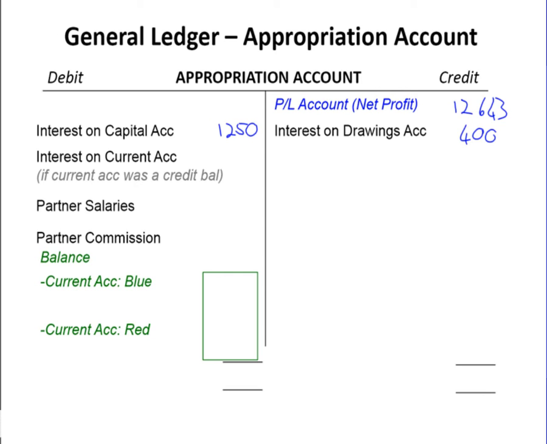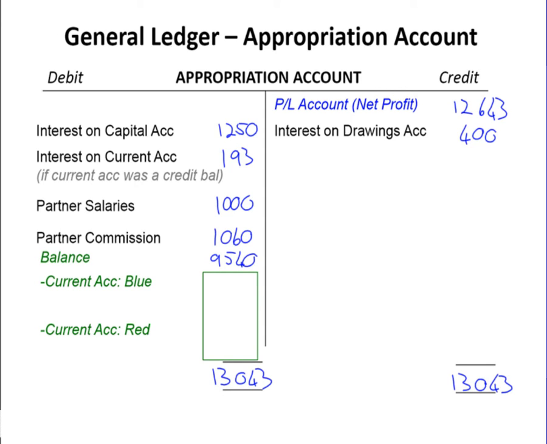Interest on the current account is 193. Partner salaries for red was 1,000, and the partner commission was 1,060. We then add up. The highest side will be the right-hand side in this case, 13,043. Do a little check with pencil maybe before you just go write this figure in. Add up both sides. And then you land up with a balancing figure being 9,540,